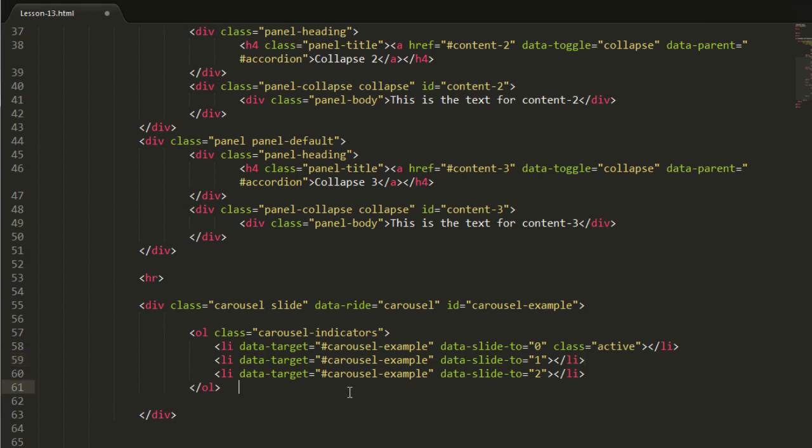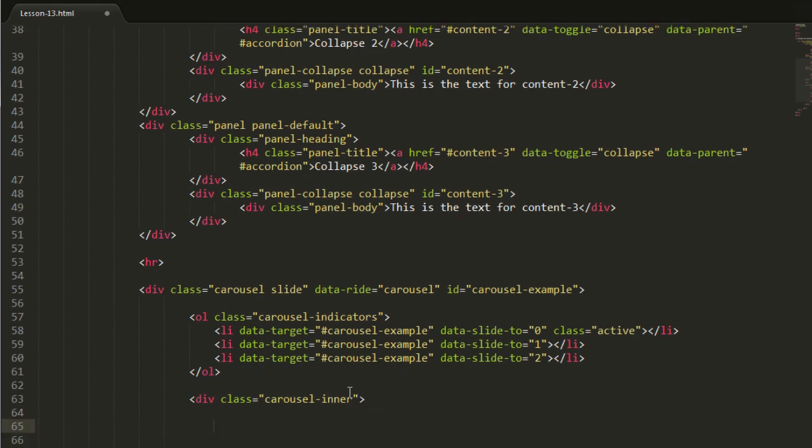Now in order to create the images of the slides, or the sections of the slides, you create a new div with class carousel-inner, and in here let's type a new div with a class of item. Okay,